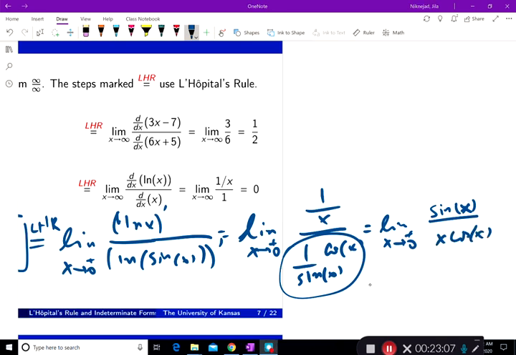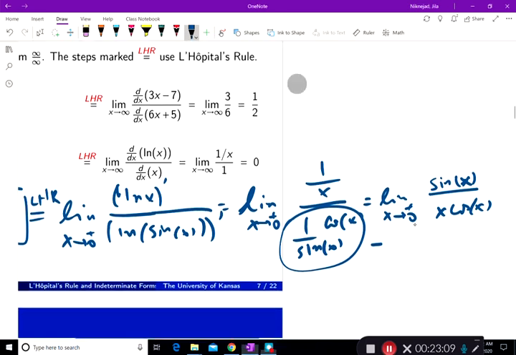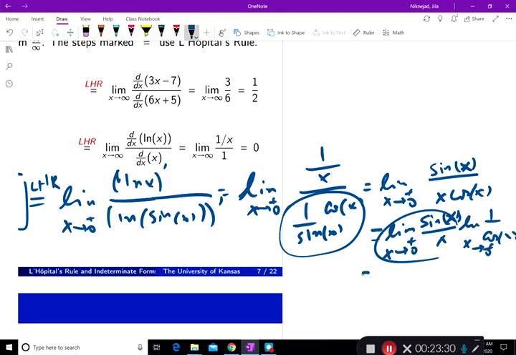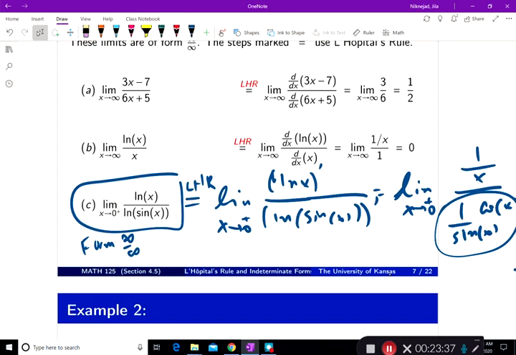Okay, so at this point, I know something for sure. I can separate this into sine of x over x and the limit of 1 over cosine of x. As x goes to 0, the first one is 1, the second one is 1. We end up with 1. So this limit is 1. So natural log of x and natural log of sine of